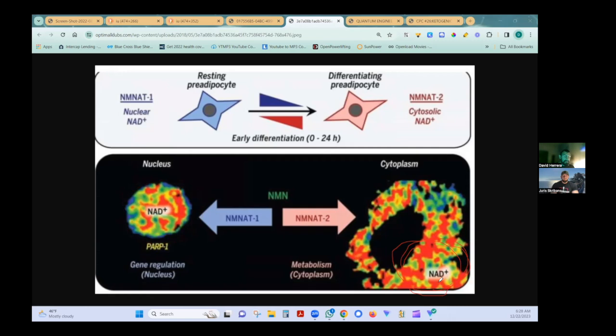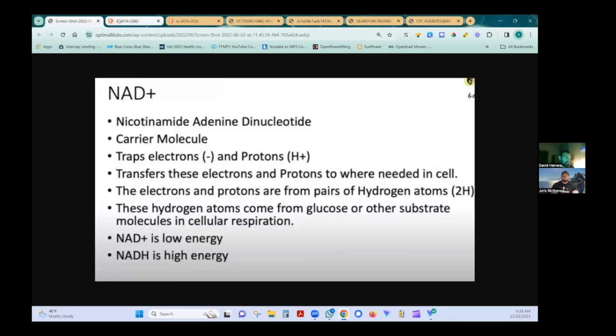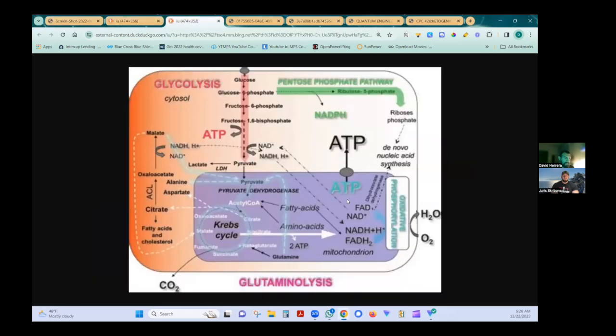Okay. Now, here's the thing. And so right away, you think, oh, okay, you have more magnets that can now collect food, hydrogen, and electrons, right? Overall, that seems like a good thing. Here's the issue. The hydrogen needs to come from this right here. It needs to come from fatty acid